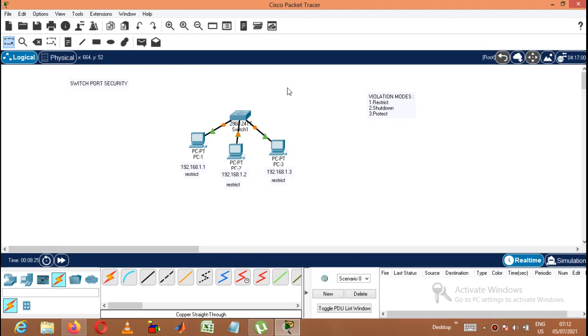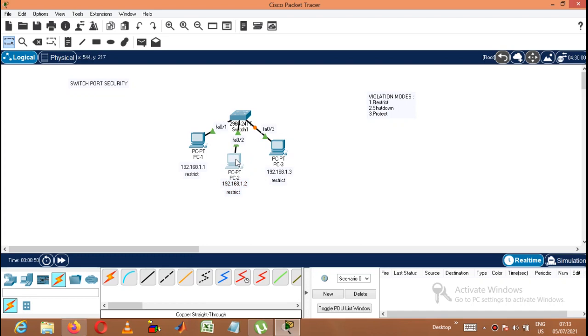I'll name these as fast Ethernet port 0/1, FA0/2, and FA0/3. Once we label all these things, it will look good.